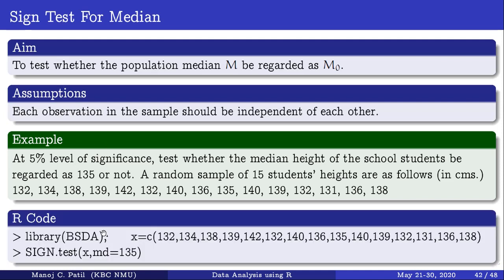For the sign test, as I have already mentioned, we have to use the BSDA package. There is a package which contains the functions for the sign test.